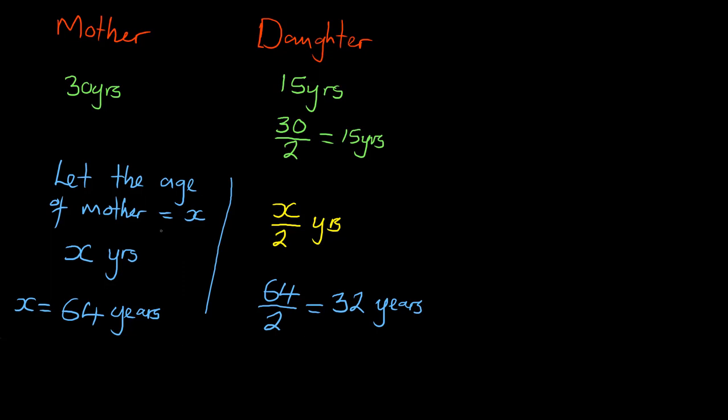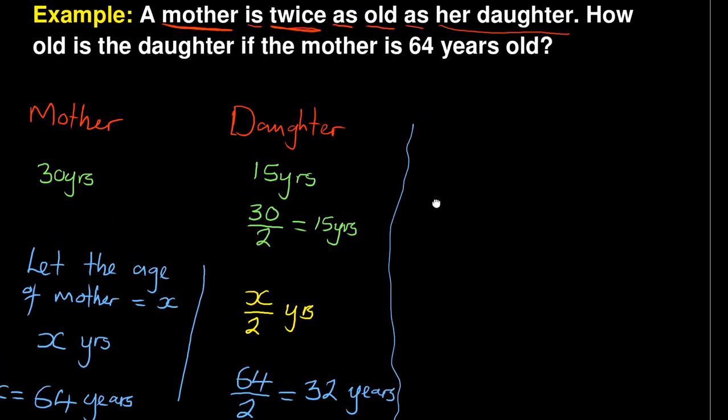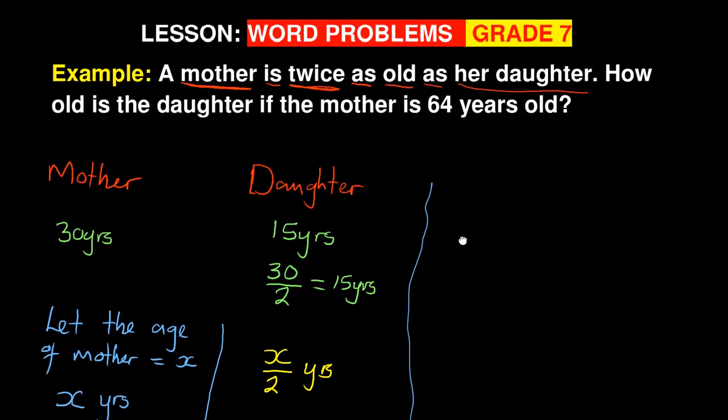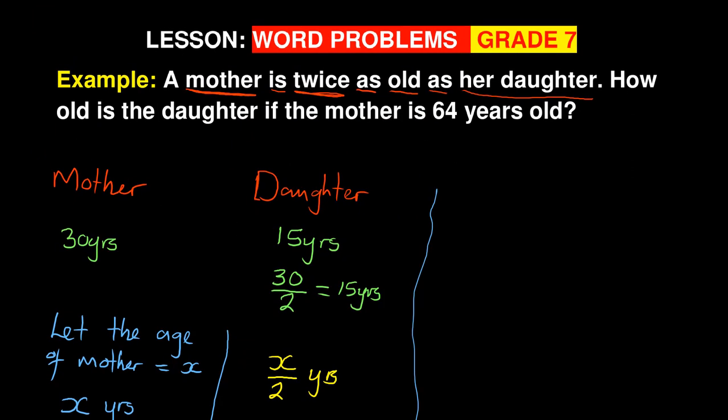So the age of the daughter is 32 years old. But now if you were working it like that, you can actually come up with a mathematical expression if you are to do it in terms of X. If they say a mother is twice as old as her daughter, you are going to say let the age of, let's say, daughter